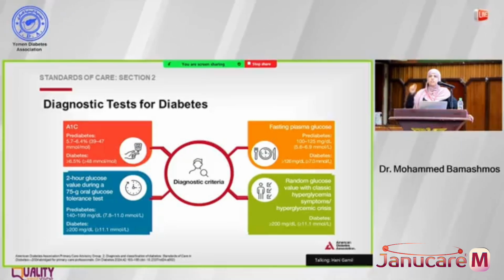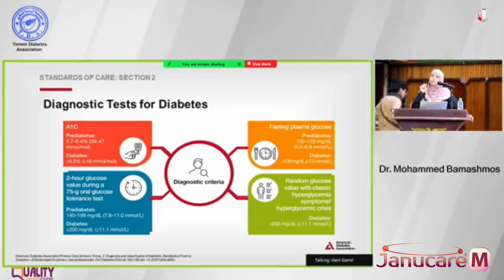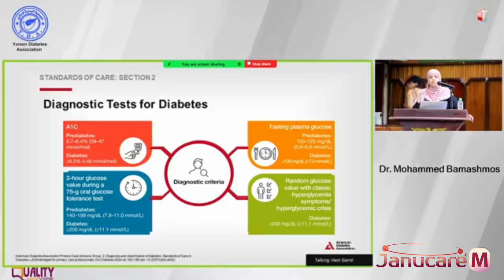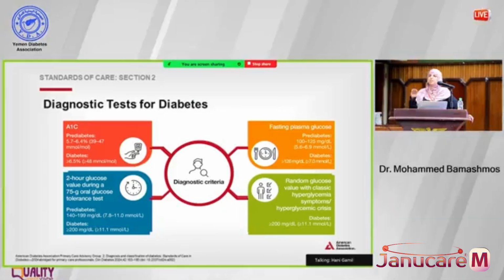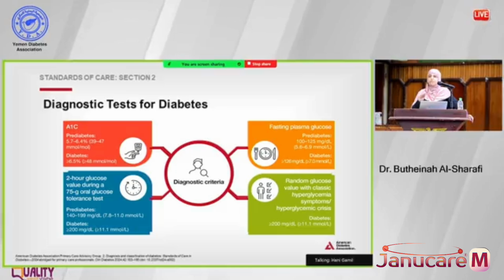We see patients, at least one patient a day, that was told he is diabetic just from an HbA1c that's 6.2, 6.3, 6.5, and nobody checked the blood sugar, and they start them on treatment and tell them, okay, بداية سكر، مؤهل للسكر، مش عارف إيش من كلمات. And the blood sugar was never checked.